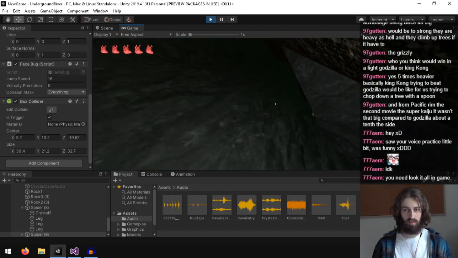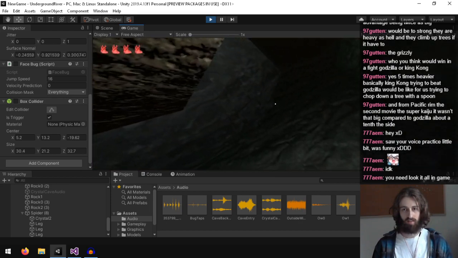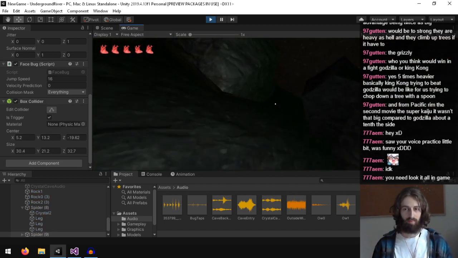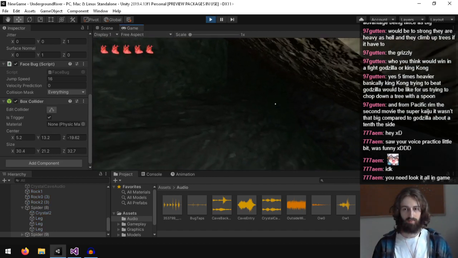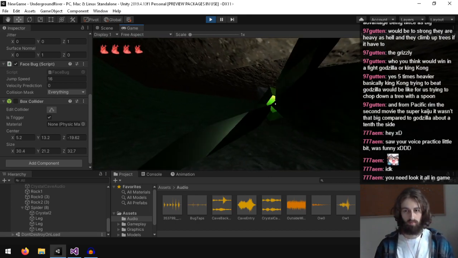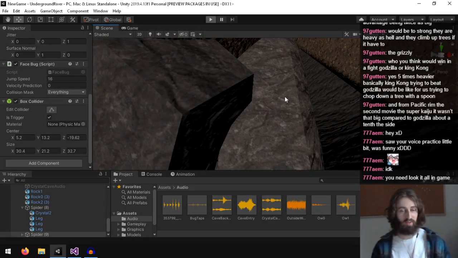Can you see it? Oh, you can kind of see it. Now the question is, can you dodge it? Shit. This one might actually be hard to dodge.